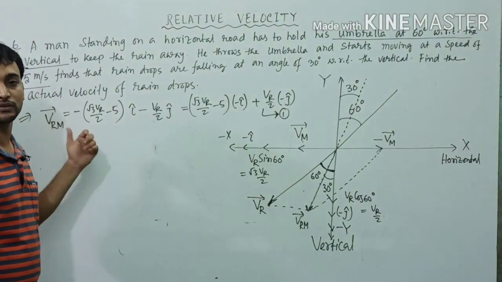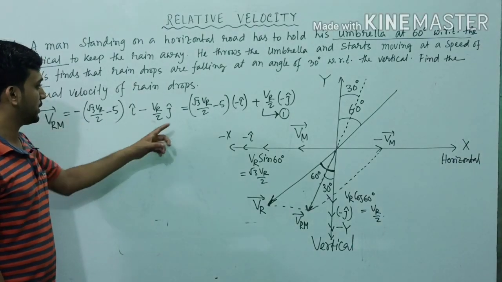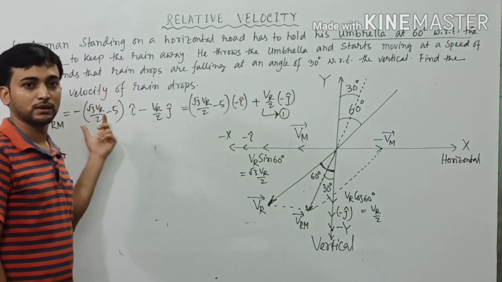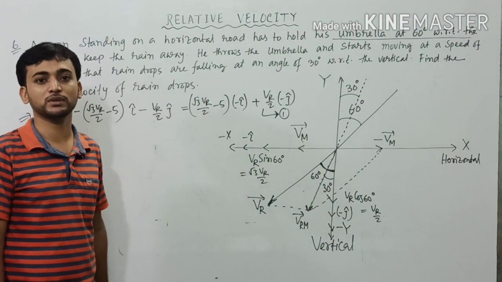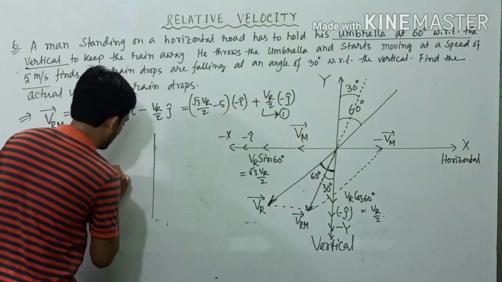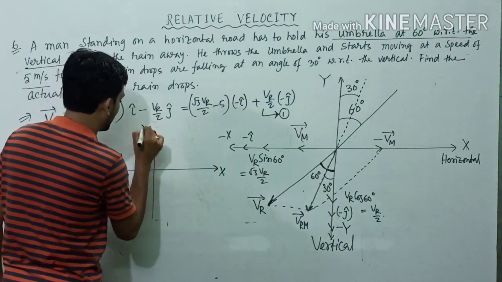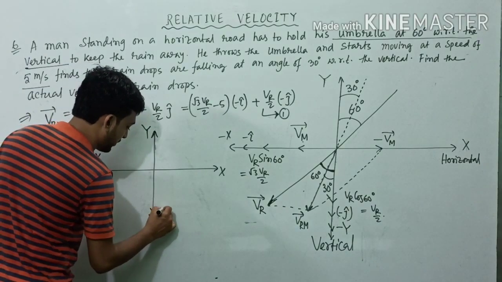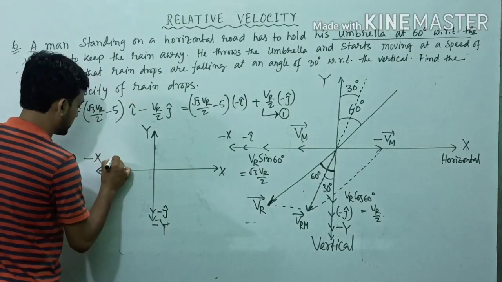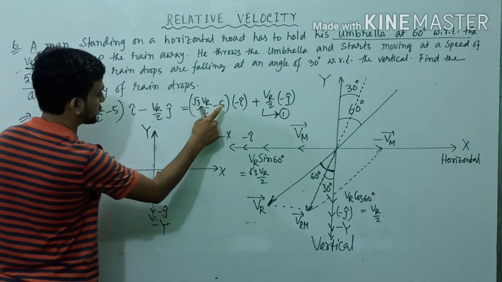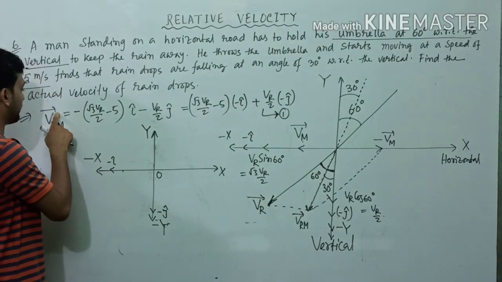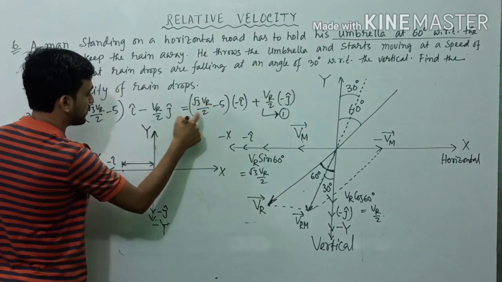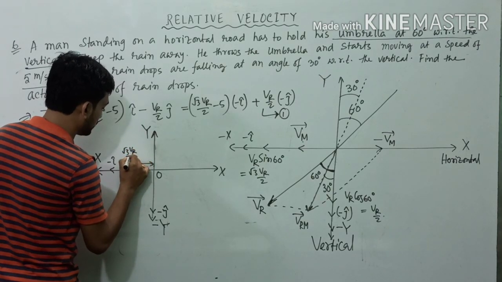Now from the expression of apparent velocity of rain with respect to man, we see that it has two components. One is along negative x-axis and another is along negative y-axis, and hence VRM vector can be expressed with the help of two-dimensional coordinate system. This is x-axis, this one is y-axis, this one is negative x-axis, this one is negative y-axis. Unit vector along negative y-axis is minus j cap, unit vector along negative x-axis is minus i cap. This root 3 VR by 2 minus 5 is representing the component of VRM vector along negative x-axis. Say this much portion is representing root 3 VR by 2 minus 5,